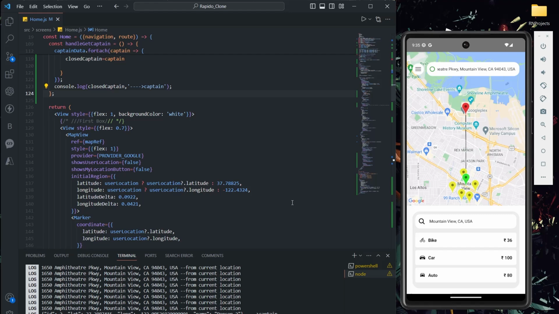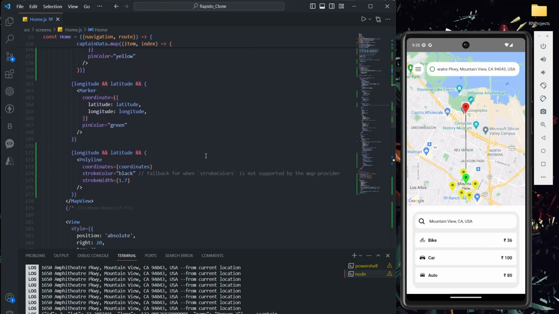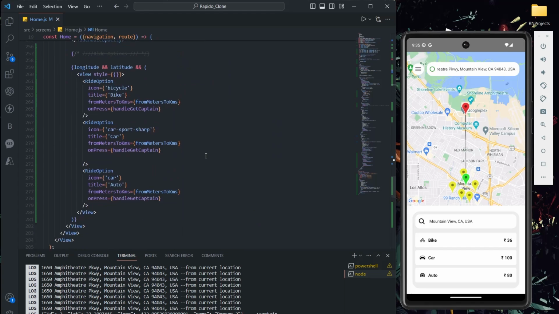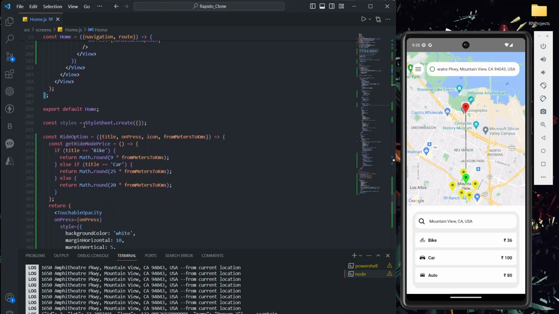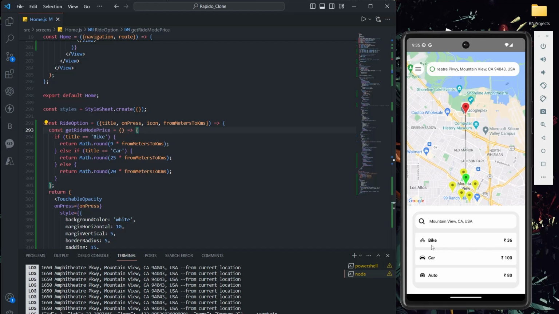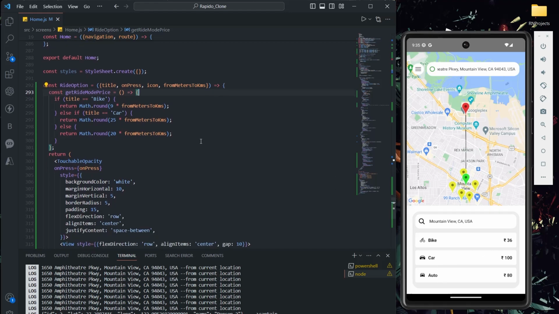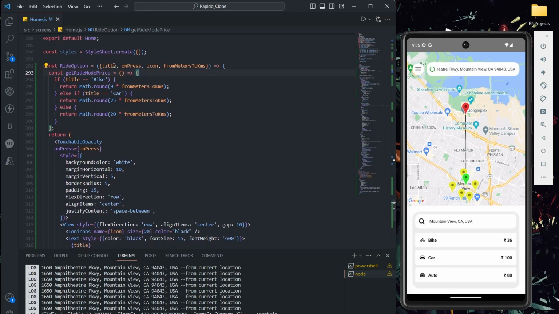To do that, we have prices set here, right? In the right option only we are getting the price and that particular ride mode, right? Bike, car or auto, whichever one the user selected. Nothing but the title we can say, because this is the title, right? So I want these details also.